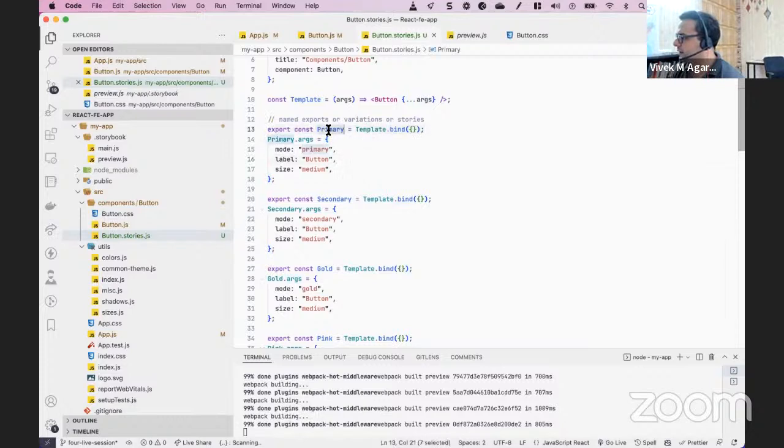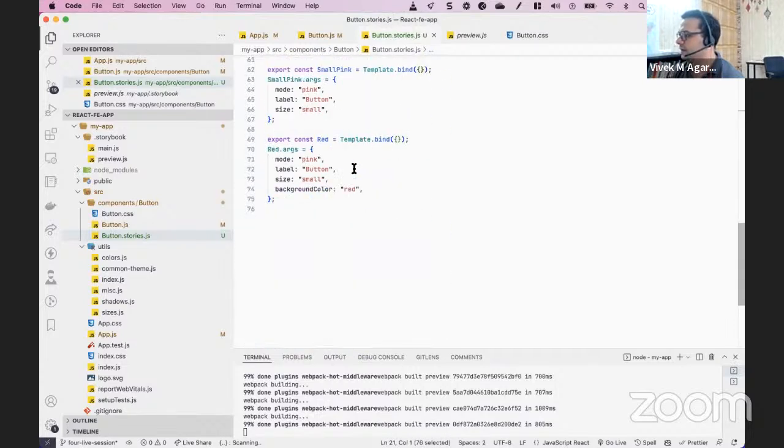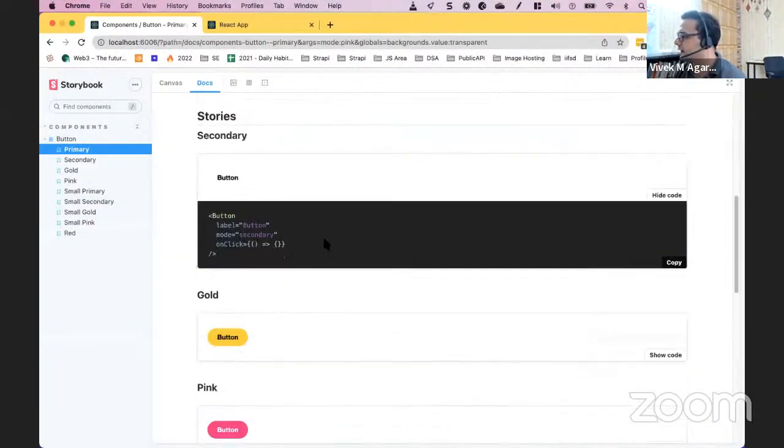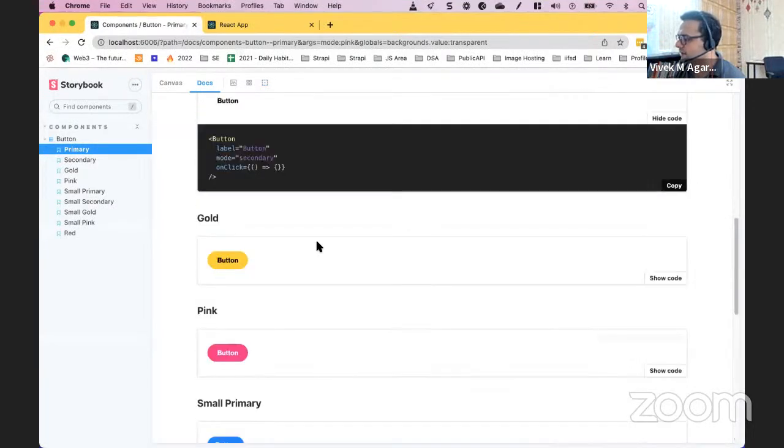For example, we are creating a copy of the same template called primary और उसको different arguments दे रहे हैं. We are creating another copy, secondary, और उनको हम डिफरेंट आर्ग्यूमेंट्स दे रहे हैं और हमें केवल कुछ परम्यूटेशन कॉम्बिनेशंस ऑफ आर्ग्यूमेंट्स देना पड़ा इस तरीके से। So initial setup पे थोड़ा सा एफर्ट था, फिर हमने देखा कि बाद में जैसे जैसे हम नए वेरिएशंस ऐड कर रहे थे, it was really simple to manage it और हमें एक लिविंग स्टाइल गाइड इस तरीके से मिल गया जिसमें कि हम सारे वेरिएशंस को एक पेज में देख सकते हैं